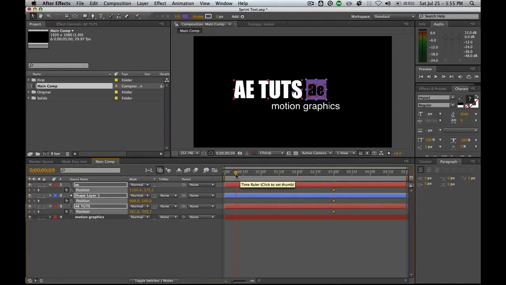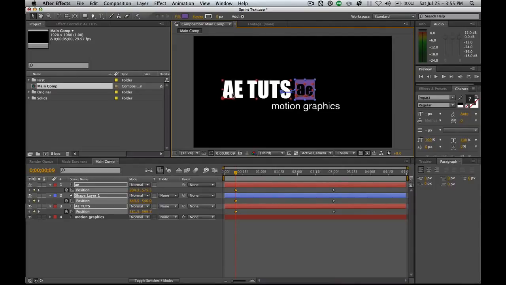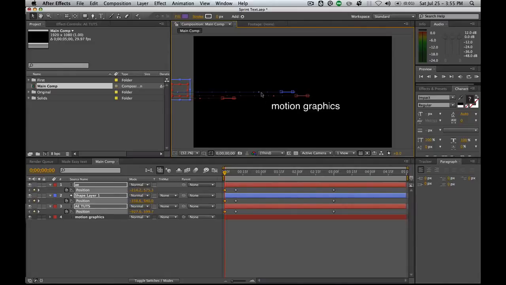We'll then drag just a little bit before 15 frames into the animation, and we'll move the text over so that when we play it through, we're going to get a nice slow move. And then we'll drag our playhead all the way to the front of the animation and drag the text off of the screen. And while I'm dragging, I'm holding the Shift key so I can keep the motion in a straight line. And if we preview that,